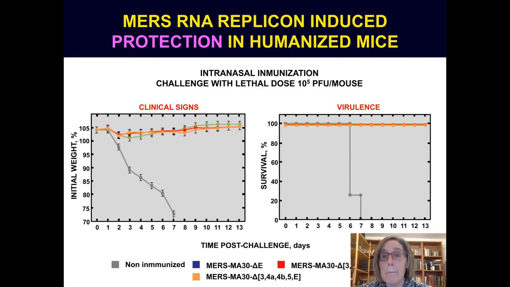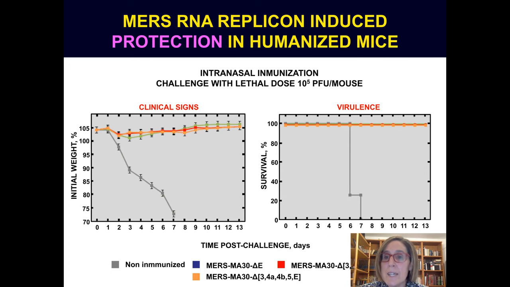Protection of mice induced by MERS RNA replicon was studied by the intranasal immunization of humanized mice with a single dose of RNA replicons, followed by the challenge with a lethal dose of MERS wild-type virus. As observed in the gray line, non-immunized animals showed a severe weight loss after the challenge and all the animals died. In contrast, in the colored lines, animals immunized with the RNA replicons did not show any clinical signs or weight loss after the challenge and all the animals survived,